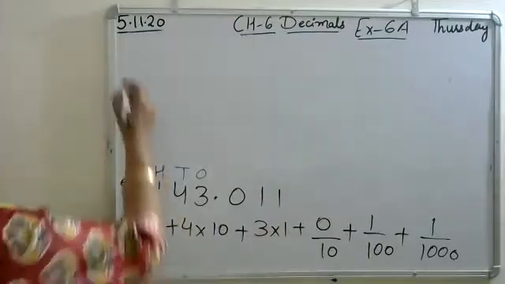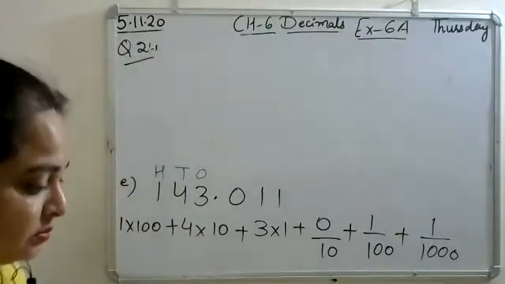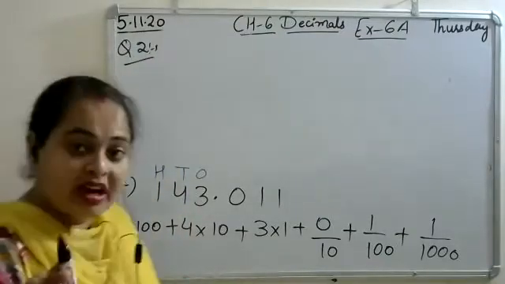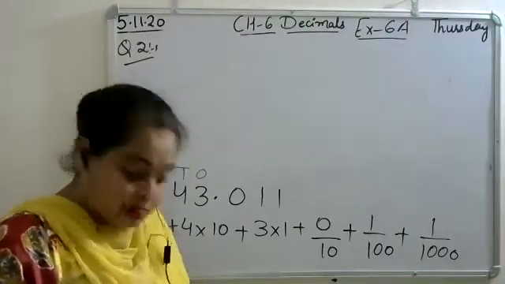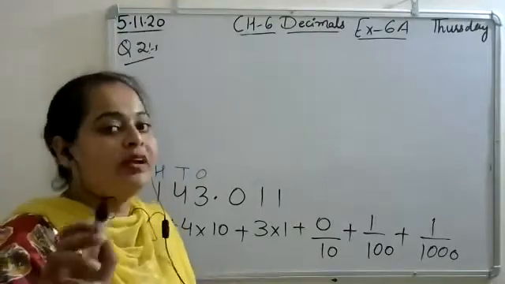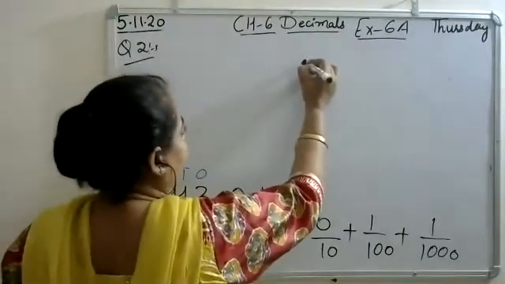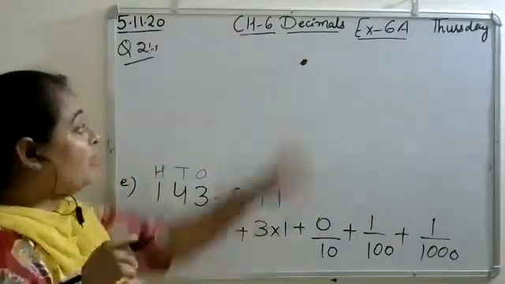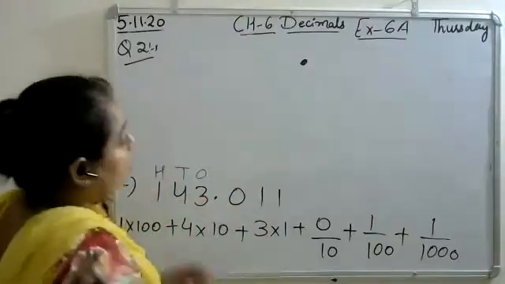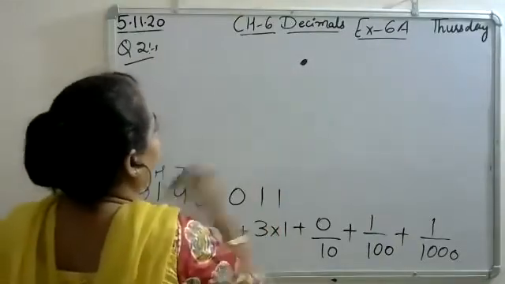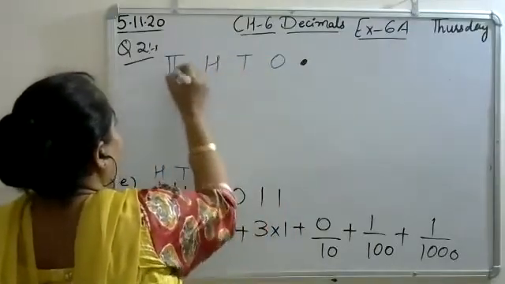Now, in the question number 2, students stop writing. Okay, don't write. After that I will give you time for writing. Stop writing. Write as a decimal fraction. So first of all you will write down the places. Whenever the question is to write in the decimal, first of all this is compulsory to write down the places. So here this is decimal. Here you have ones, tens, 100, 1000.